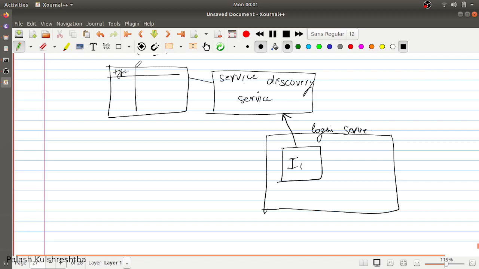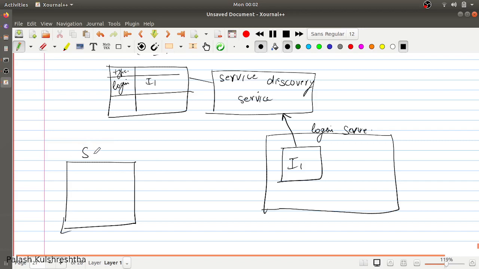This is just an explanatory illustration of how service discovery works. The internals may differ, but the type of behavior remains the same. For example, for the login service, we have I1.